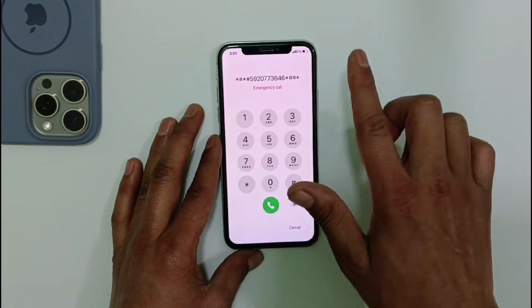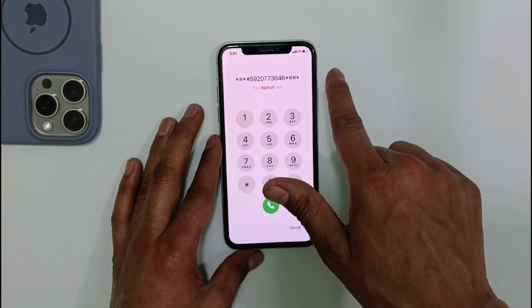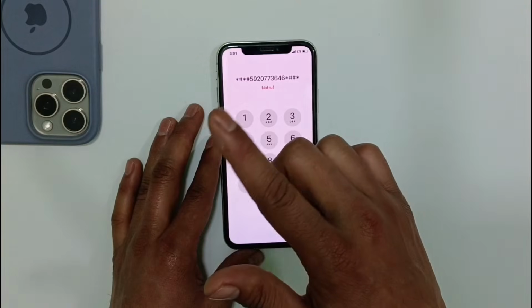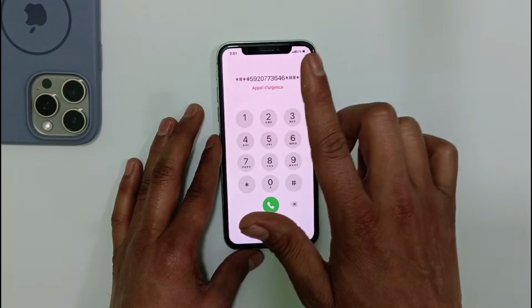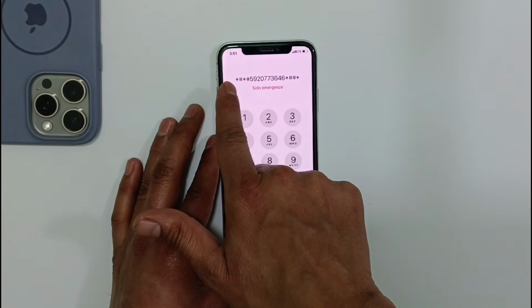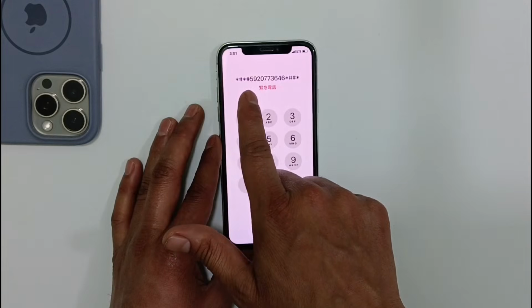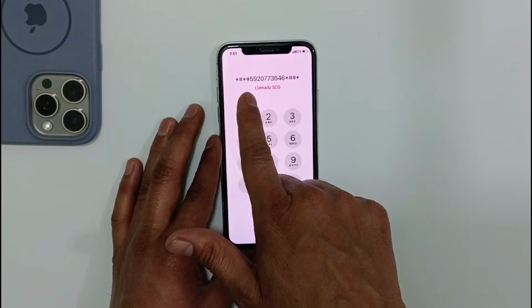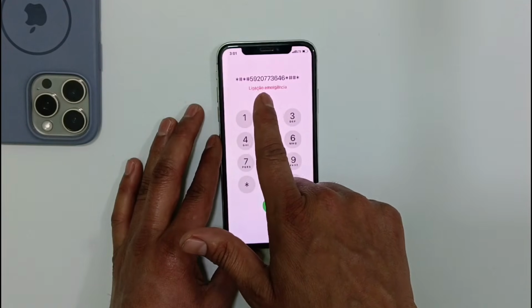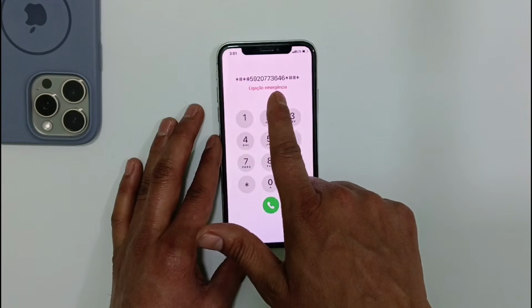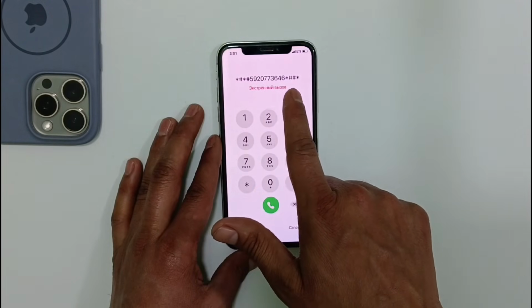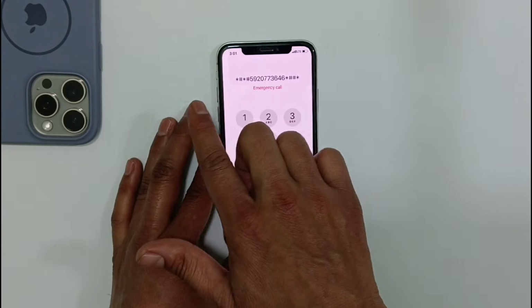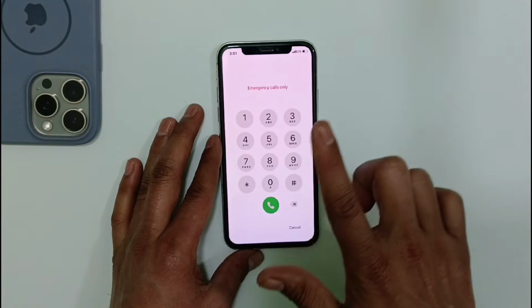You need to dial the last code. Alright, my friends, I'm going to show you this particular code very clearly, and I'll also explain exactly what you need to do with it. You will have to dial *#5920773646 and then, my friends, once you have successfully dialed this specific code, all you have to do is simply